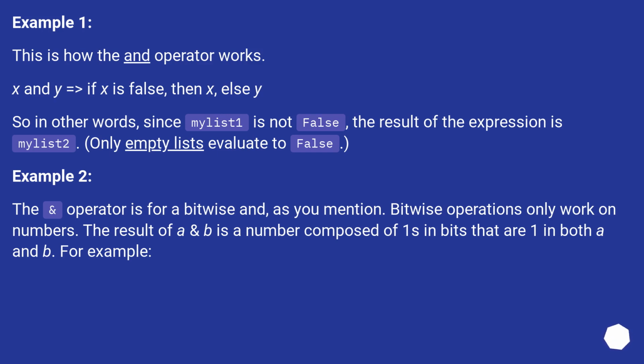Example 2. The & operator is for a bitwise and, as you mention. Bitwise operations only work on numbers. The result of A & B is a number composed of ones in bits that are 1 in both A and B. For example,